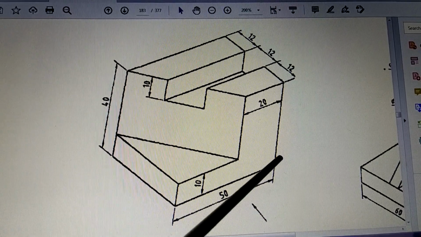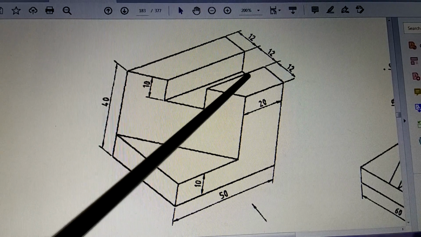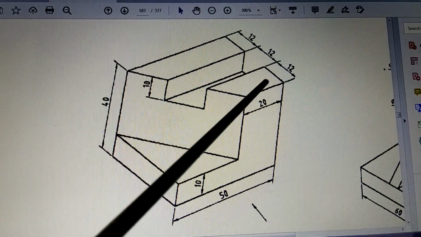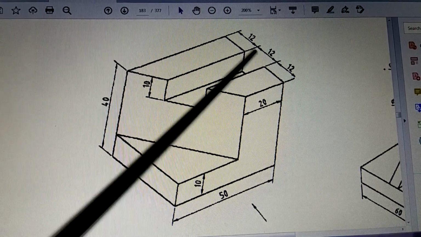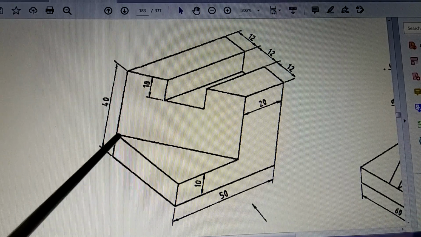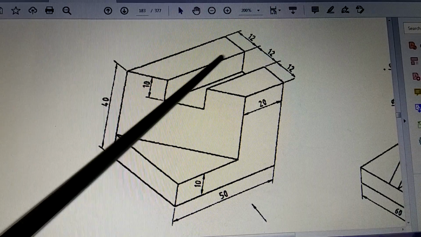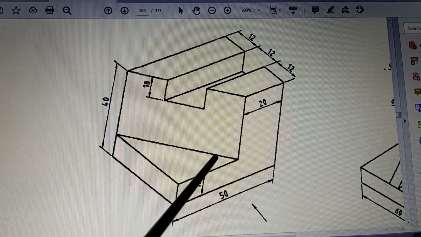What is the other side made up of? This side is made up of lines which are this line, then this line which is behind, and then this line. So when you see from the top, the first line, second line and third line, all these three lines will be at one level, in one line. So they will form a single line, which will be the 36 line on the other side. And then these two lines will come, and these two lines will intersect these points. So that becomes the top view.